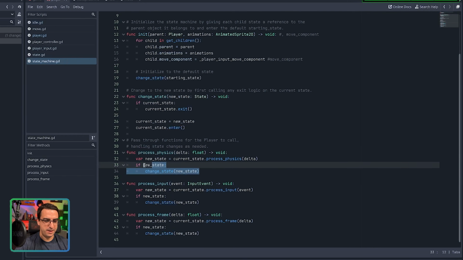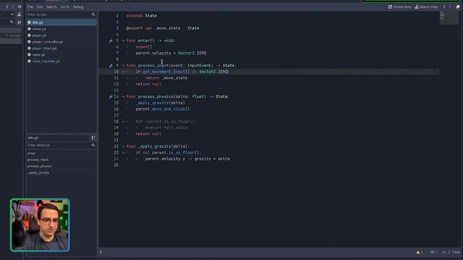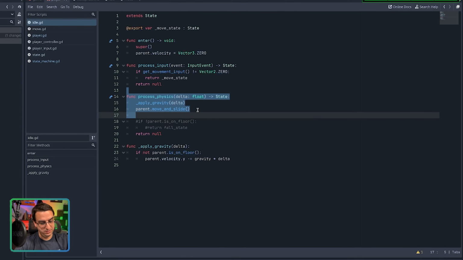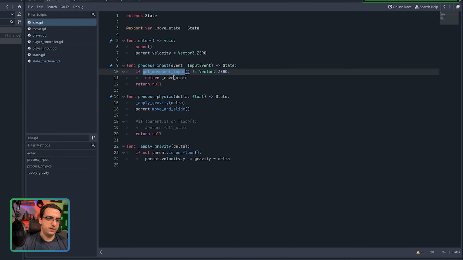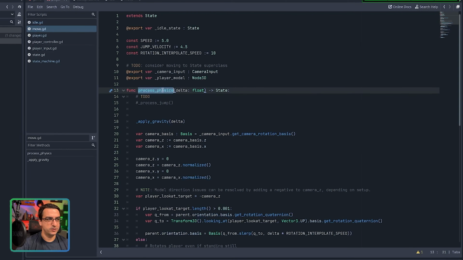Which is just spamming the process function of our current state. Our current state starts in idle, and idle's like, yeah, whatever, man, you're not doing anything. And then the second I move, right, it's just applying gravity. So if I fell off that ledge, it would probably just fall down. I should probably test that. And if I push something on the keyboard, it moves. Now, I guess it just transitions to the move state, and then it starts spamming process physics, which moves our character. Now, the trick is, how do you apply